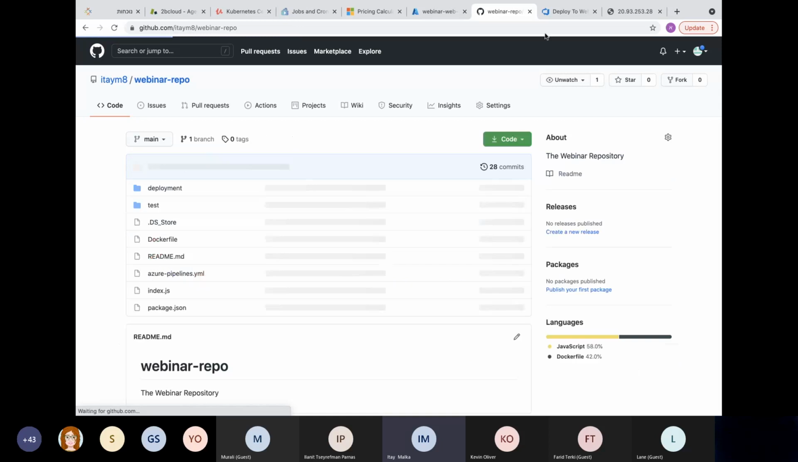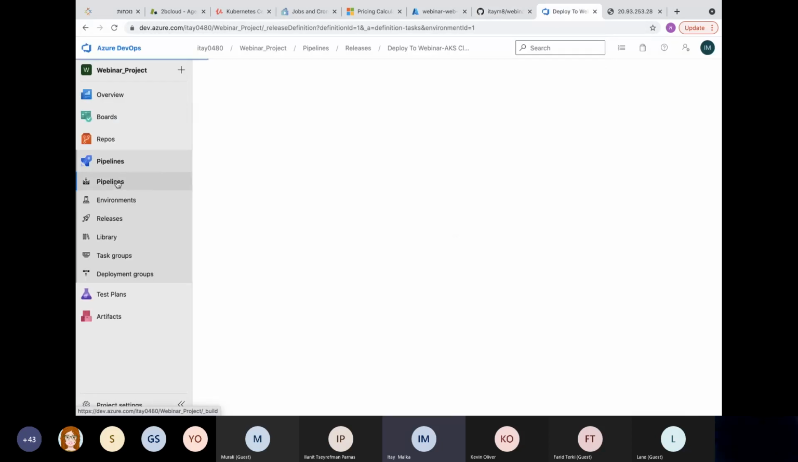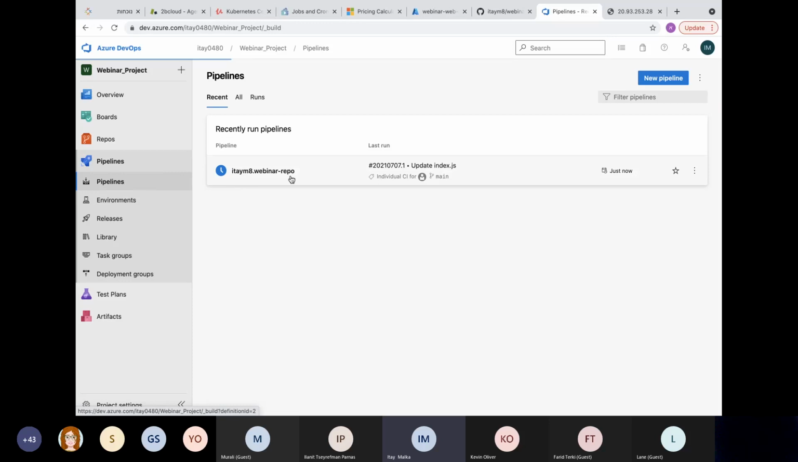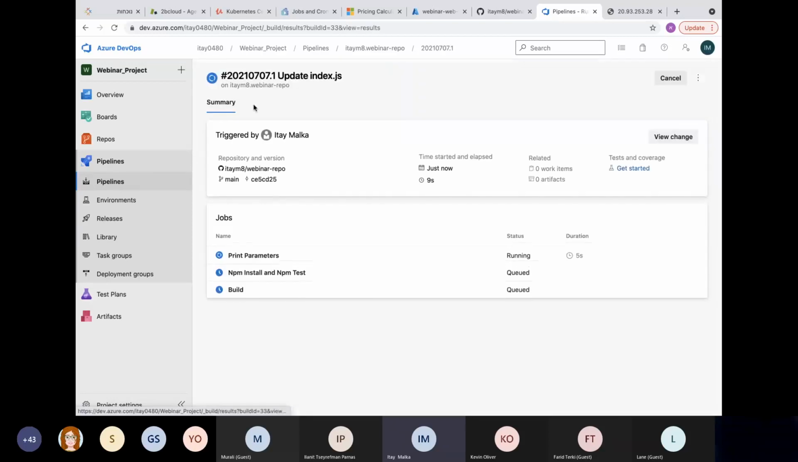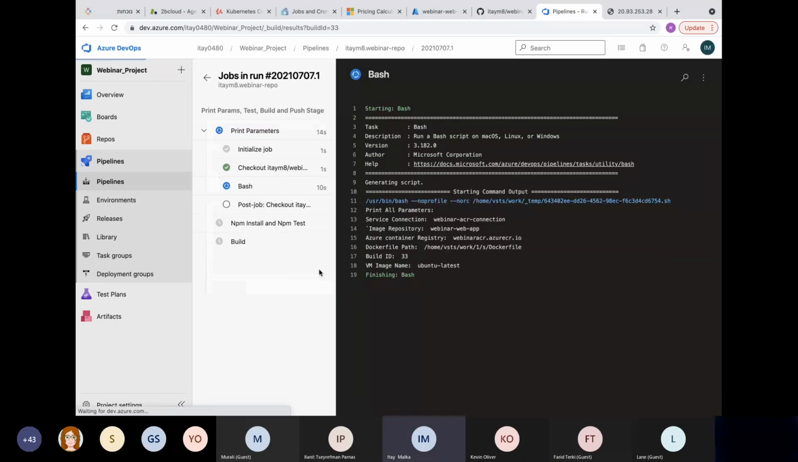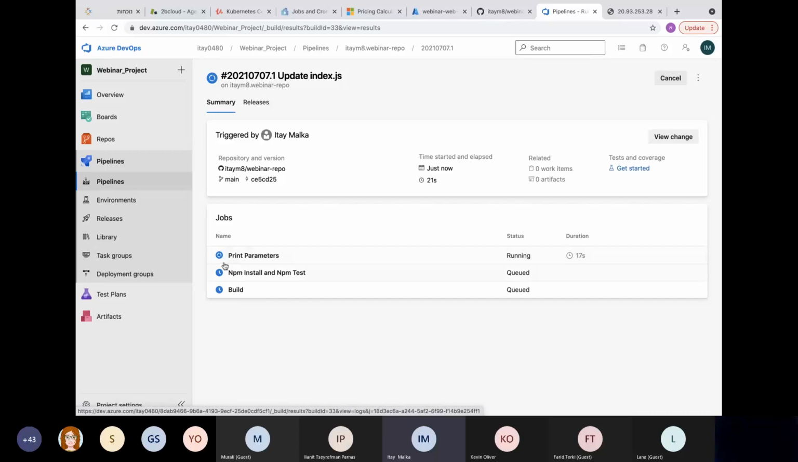Great. Now I want to go to the Azure DevOps, click on pipelines, CI pipeline, and we can see that actually it automatically executed. Why? Because if you remember, I have the trigger from the main branch for any push or pull request. So by clicking on the specific execution, I can see the logs. And before I see the logs, you can see here the names of the jobs: print parameters, npm install, npm test, build. So that's the reason why I told you that I can view the history of any execution